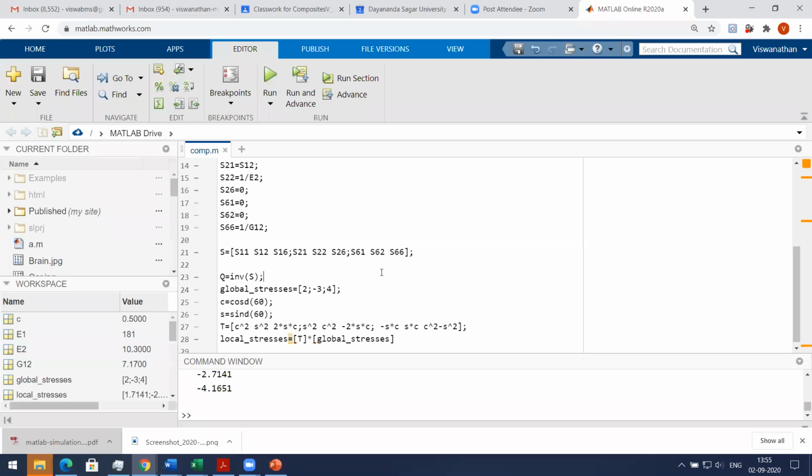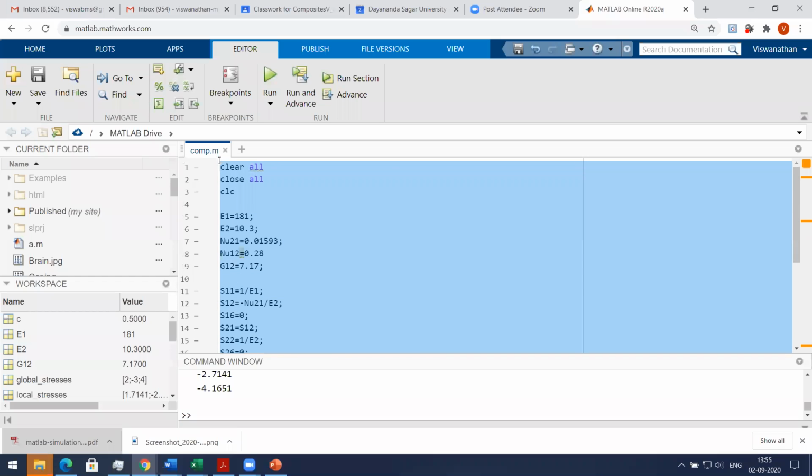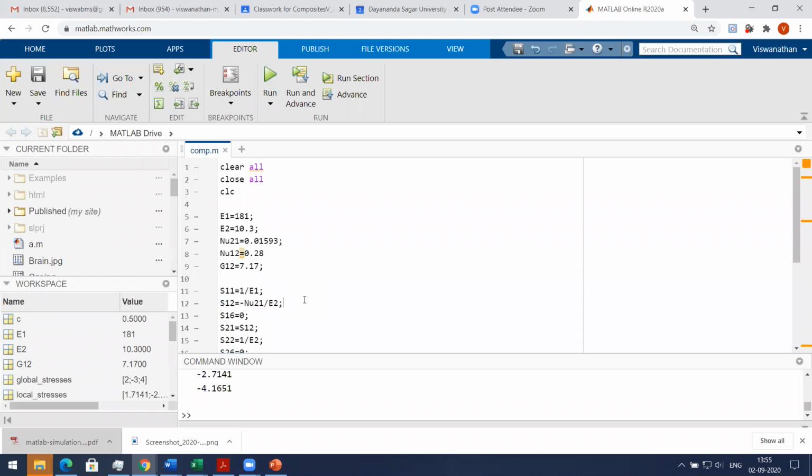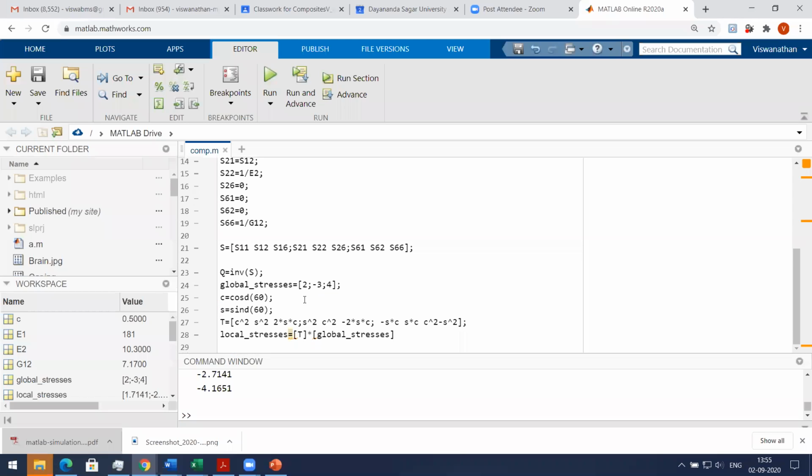Okay, fine. So what I want you to do is try these things in MATLAB. You can just type these things. Don't copy paste. By copy pasting, you will not learn. It will come only by typing. Please type the code and then learn it. If one of your friends does that and you copy paste and get the output, there's no fun in that. You will not learn. So I want everybody to type these things and learn.